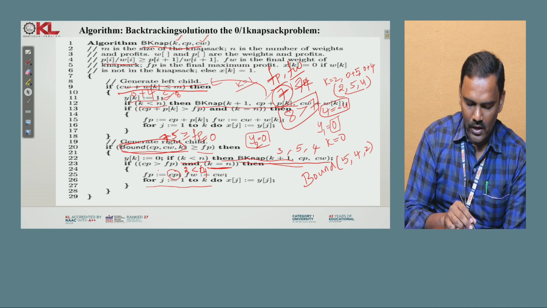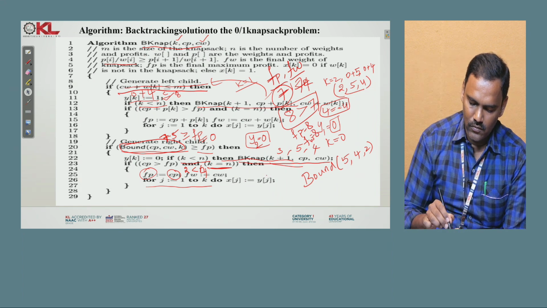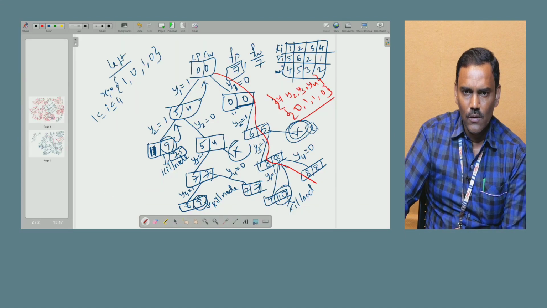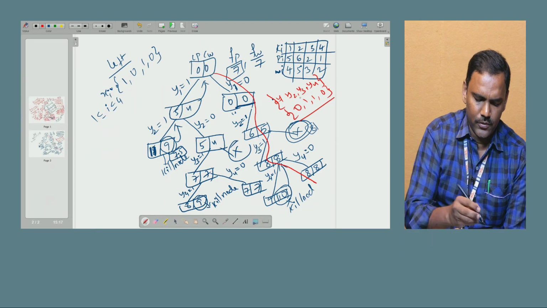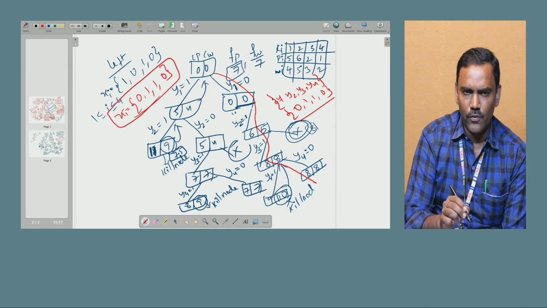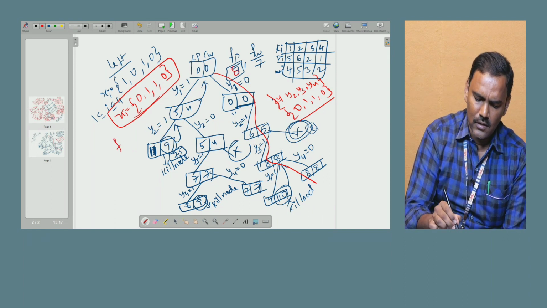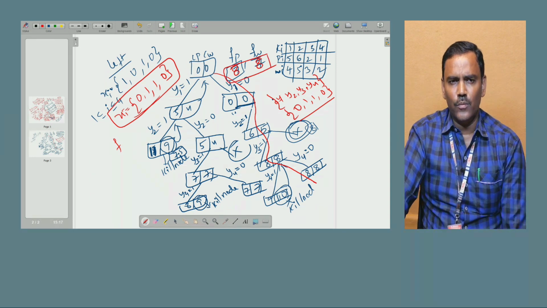The current profit we are adding into the final profit. That means the final profit here is going to be 8 and the final weight is also going to be 8, and we are copying that y of values into x of values. That means we are copying here this y of values into x of i values. The maximization you are going to be getting here is 0, 1, 1 and 0. This is how the process works where you are going to be getting the maximum profit. The maximum profit we are going to get here is 8 and the weight also is going to be 8. This is what we have updated, and this is how we are going to be